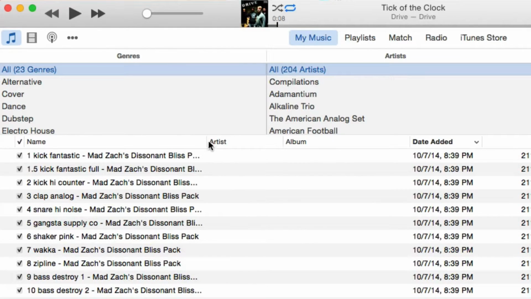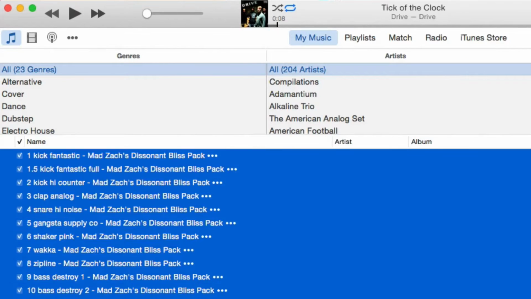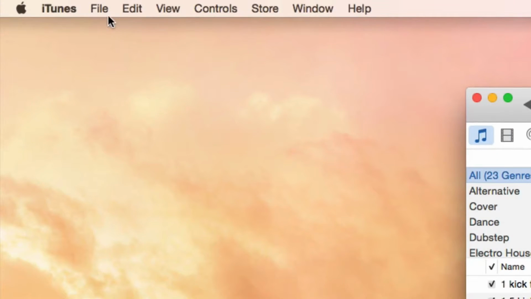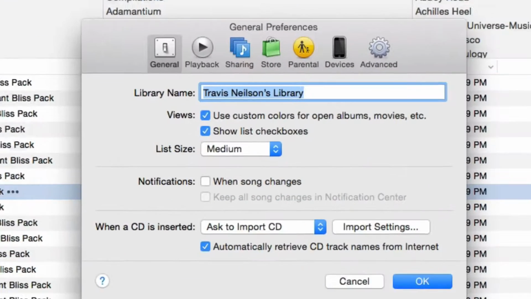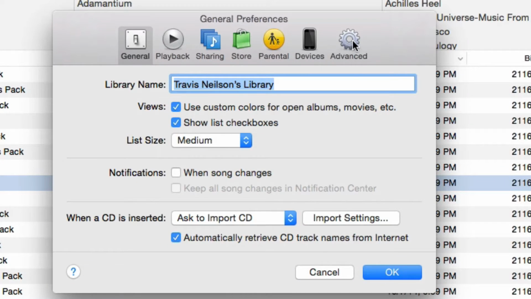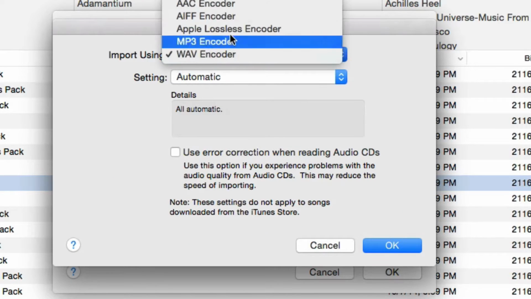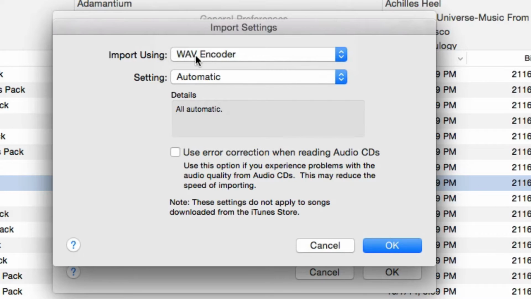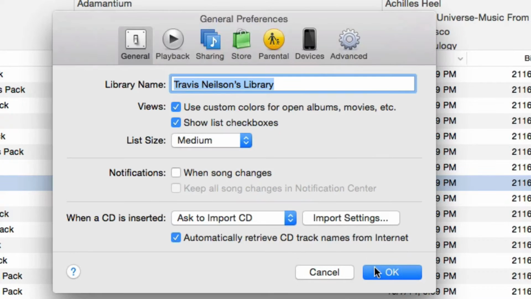Okay, we're going to see right here all of the tracks that we just put into iTunes. Now before we do anything with these tracks, let's go over here to iTunes, Preferences, and then go right here in General, Import Settings. Now this will likely be set to AAC. Set it to WAV, set it to Wave Encoder, and that's what we're going to do right now.